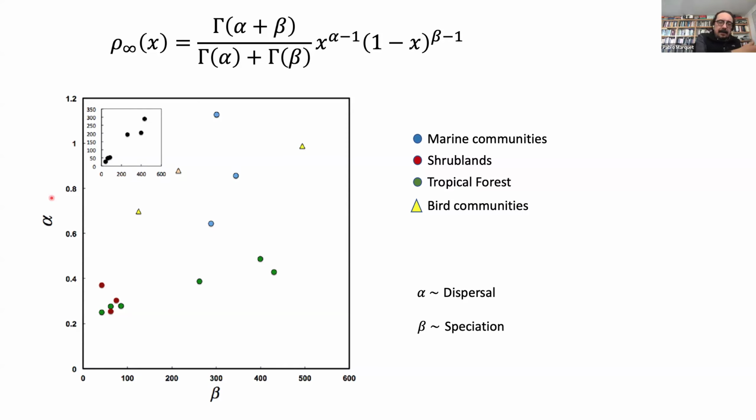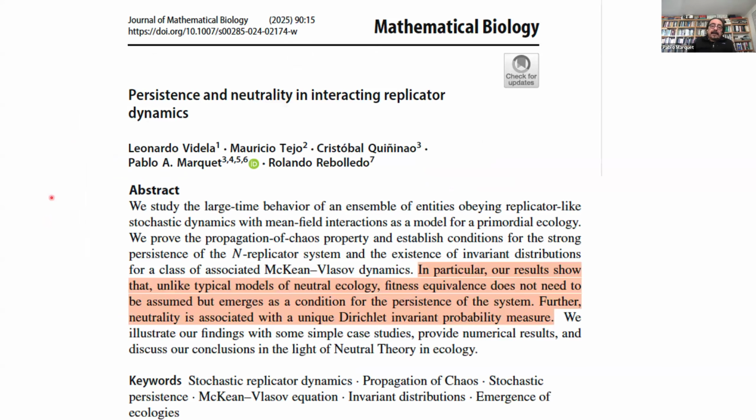So we tried to go back, and the way to go back was to use the most simple mathematical description of a particular entity. One way of doing this is to work with something called replicator dynamics. Replicator dynamics is basically the quintessential way of representing evolutionary game theory, where you have a dynamics in which things will go into a population as long as they have a growth rate that is